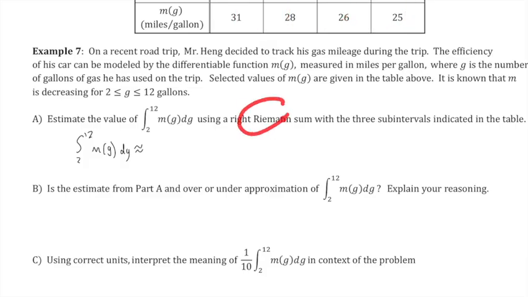But since we're using right Riemann sums, we're going to use this value for the height. When we do the first rectangle, we're going to use 28 for the height. So the height of my first rectangle is 28 times the width, which is going to be 5 minus 2, which is 3, plus